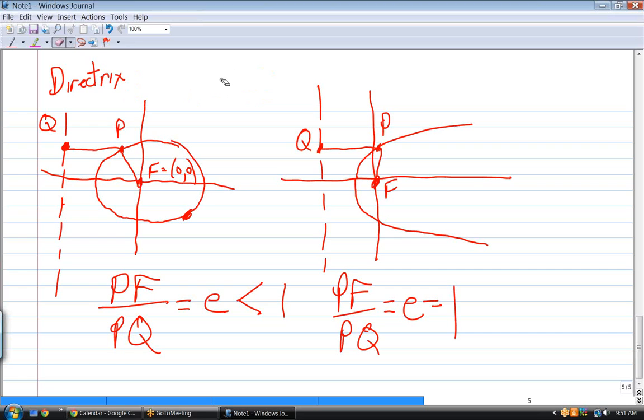I see. So you obtain E, that ratio, independently in some other way, and then set PF over PQ. No, I believe that E is, oh, I see what you're saying. Yeah, if you are given the directrix, then you can calculate E by this calculation. Right. If you're not given the directrix, then you need E to be able to come up with where to put the directrix. Yeah, that's what I was kind of thinking. Yeah. And then finally,